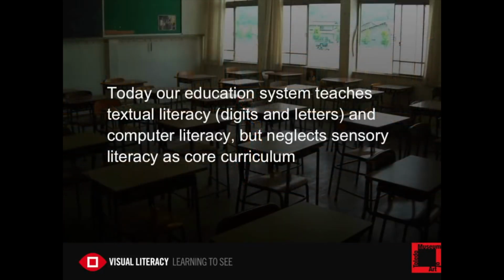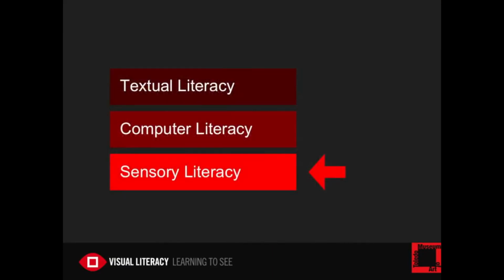Today, our education system emphasizes textual literacy, those ABCs, 1, 2, 3s, the digits and letters. And of course, rightly so also, digital communication, the tools of our digital revolution. But we neglect sensory literacy, those human senses as core curriculum. So, textual literacy and computer literacy are the core of the STEM system, as we call it. Some people want to put the A in STEM, the arts in STEM, the science, technology, engineering and math. But it's much more than that. We need to put the entire human senses into textual and computer literacy. And the dominant sense, the prominent sense, is the visual sense.